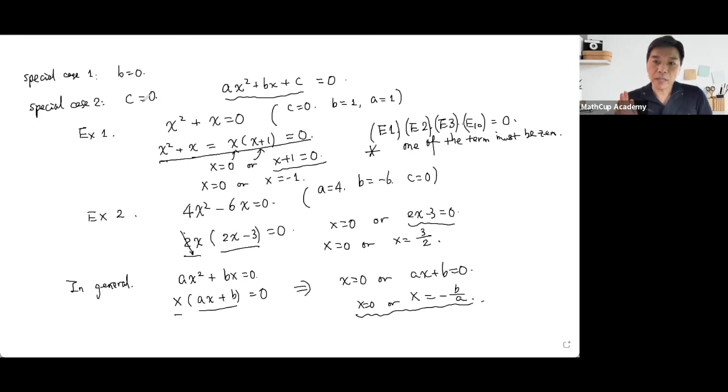But then let's try to focus back a little bit. What's the idea that lets us solve this ax squared plus bx equals 0? The reason we can solve it is that we factor the left side into the product of two terms. So can we generalize this approach to solve a general ax squared plus bx plus c equals 0? By that, I mean, can we factor the left side